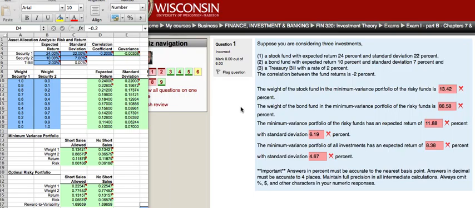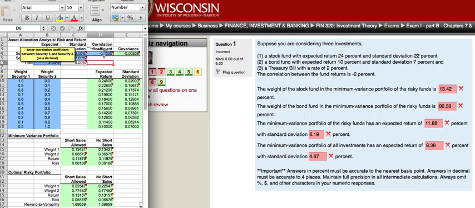As I said in my explanation of what my answer was and why it was wrong, I discussed how the main reason I got it wrong was because I entered the wrong correlation coefficient. I entered negative 20%, and the question asked you to have it as negative 2%.